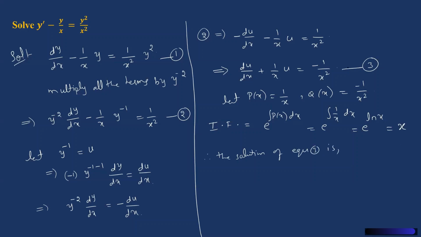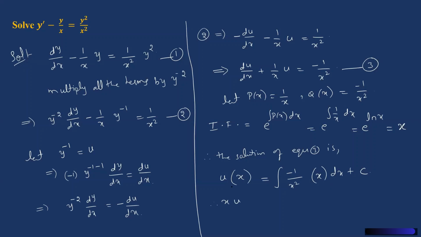is, in equation 3, if you look at this carefully, dependent variable is u. That's how, while writing the solution, we take u multiplied by integrating factor, it is x, is equals to integration of, see, the right hand side function is this, minus 1 by x square multiplied by integrating factor again x, and then we integrate this with respect to x plus some constant c. So therefore,